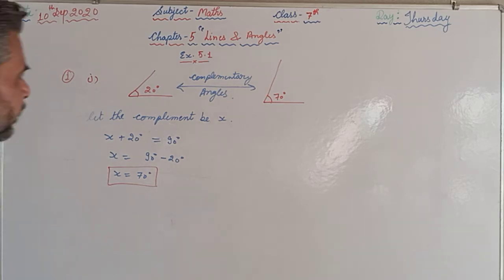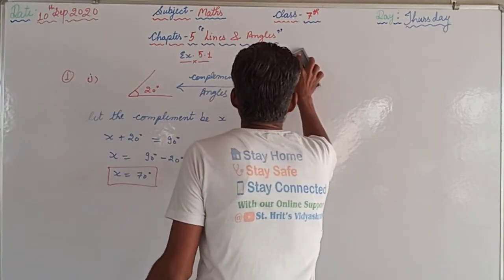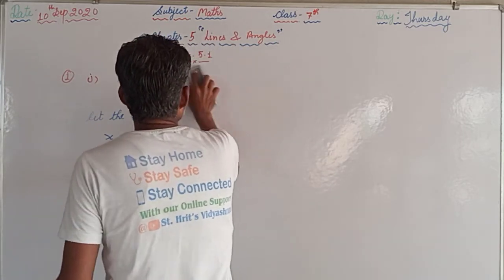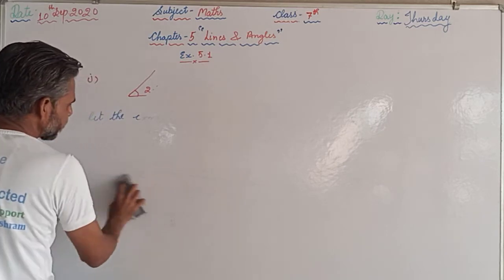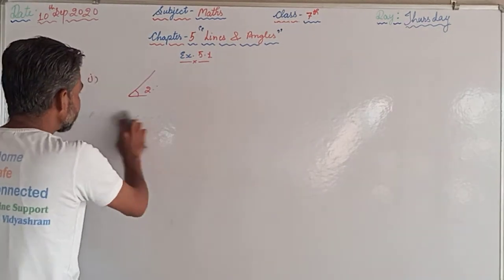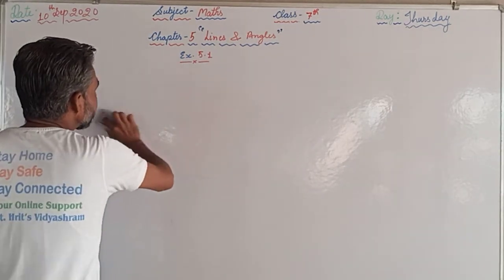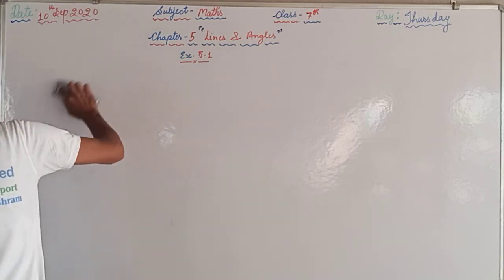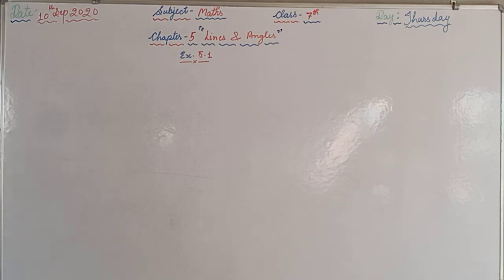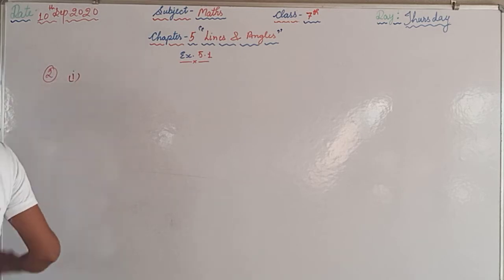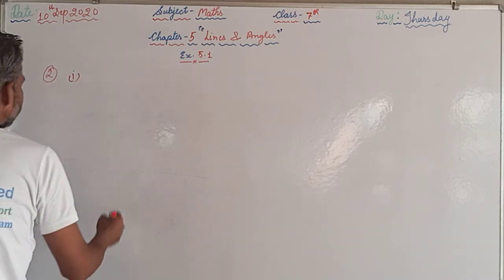In the next question as well we will take one part, that is question number 2. At the same time you can see in your textbooks, as I told you previously, that you should have your textbooks with you while watching the videos, so that you also know what is given in the question. So question number 2, find the supplement of each of the following angles. We have to find the supplement there, and in the first part the angle given is 105